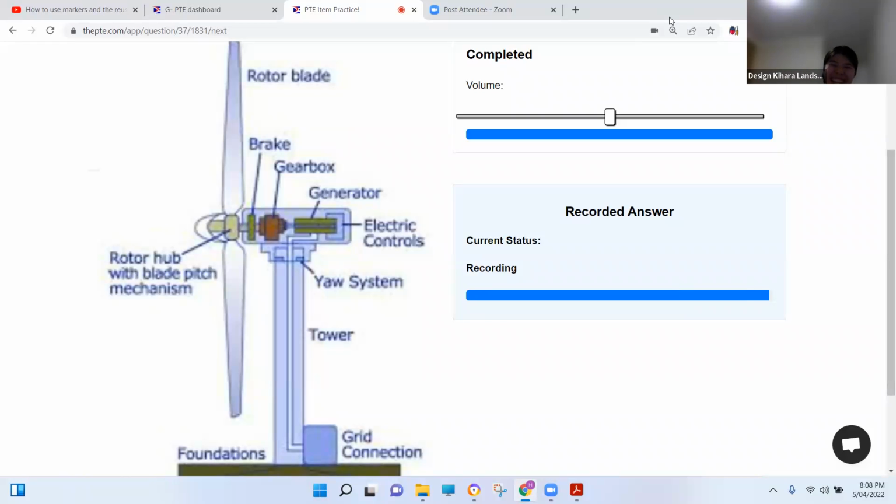Movement. Very excellent. So you see, you can treat it like a describe image. So basically, if you didn't have any idea, you can treat it like a describe image. The topic of the lecture was rotor blade. The speaker talked about brakes, gearbox, generator, and rotor hub with blade pitch mechanism. So it's easy, but if it wasn't accompanied by a photo like this one,